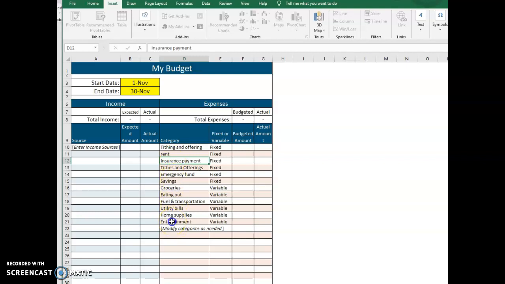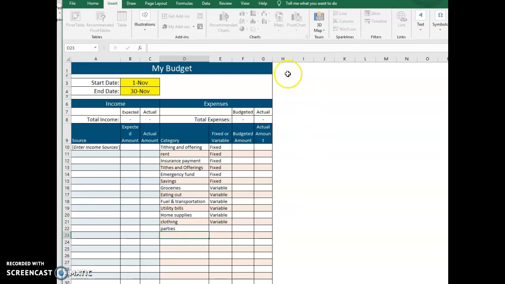So for example, before I have entertainment, I am going to put clothing for my children, and that actually comes before my house supplies. And then the next thing that I'm going to put in is parties, because I currently have an 8-year-old and an 11-year-old, and I live in a city that has lots of children. So you need to make sure and organize your categories in a way that best fits your individual family needs,